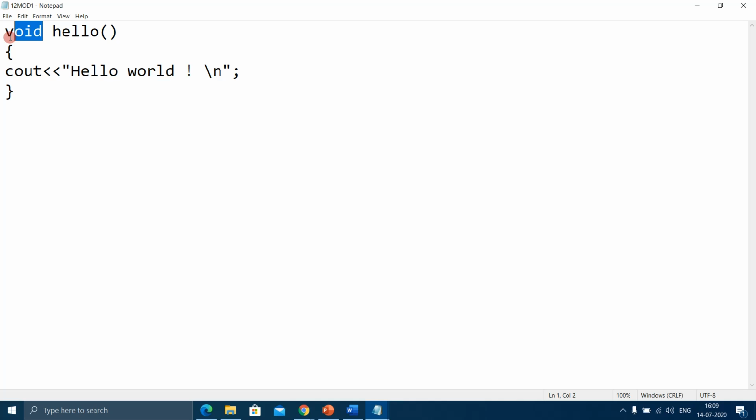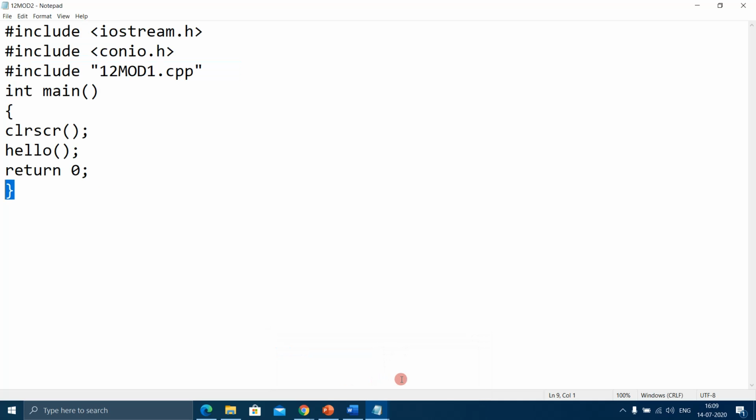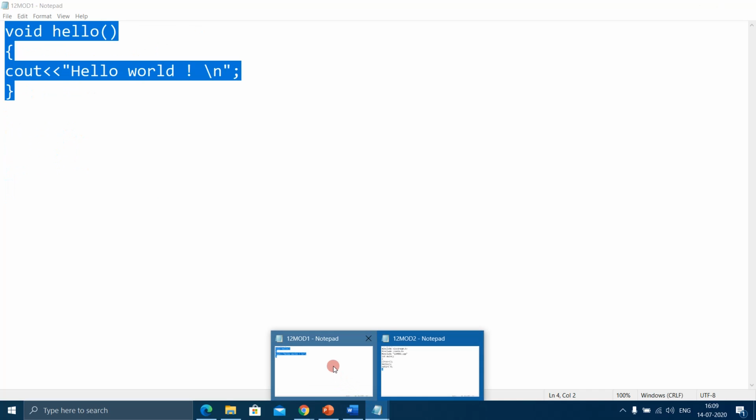What is this function going to do? It's going to print hello world. That's it. But this code is in a different file, and the main program is in a different file. 12mod2 is a different module, and 12mod1 is a different module. These two are different modules.